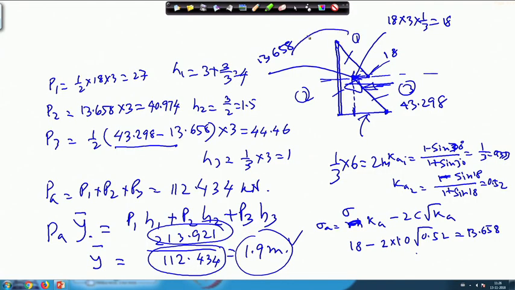So, that is 3 applications I have shown, some more I will show, and then finally, I will try to show how, using this, you can do the stability check. This is the simple wall I have. You see, if you give a thrust, then it will have a tendency to topple or it may have a tendency to slide. So, many things will happen. So, how to find out the factor of safety, some of those calculations and analysis I will do in the subsequent lecture. Thank you.